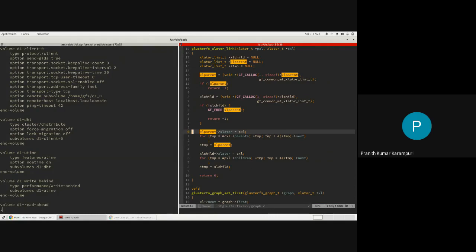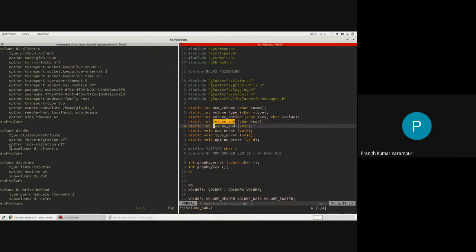So the parent translator, xl parent, will be set as a parent translator, and xl child will be set as a child translator. For the child translator's parents, this xl parent gets added, and for the parent translator's children, the child translator gets added. That's how the link gets established.